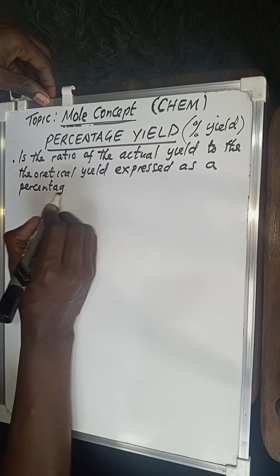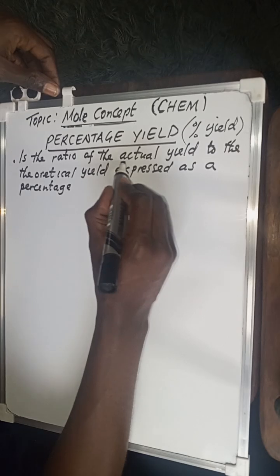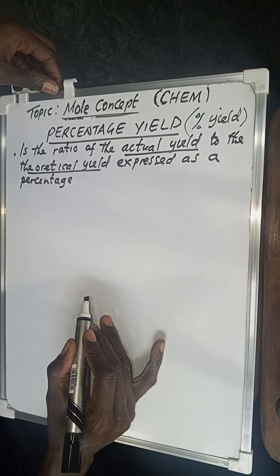So that is what we simply call percentage yield. So it is simply a ratio of the actual yield to the theoretical yield, then you just express it as